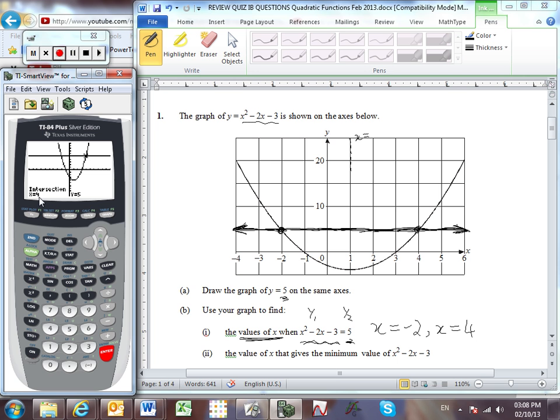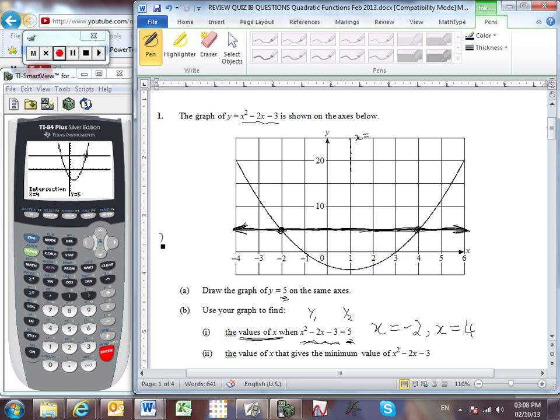A third way, I suppose, would have been to bring the 5 over to the left-hand side, where we'd end up getting x squared minus 2x minus 8, and on the right-hand side there would only be a 0 left. And when you have a 0 left, you can either factor, and now we can see that our values are going to be at positive 4 and negative 2, or you could have used Poly-Smlt. And so, just a reminder of